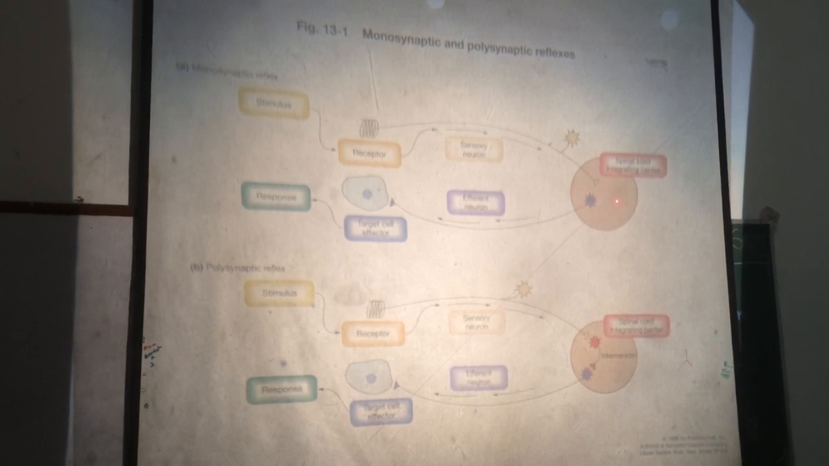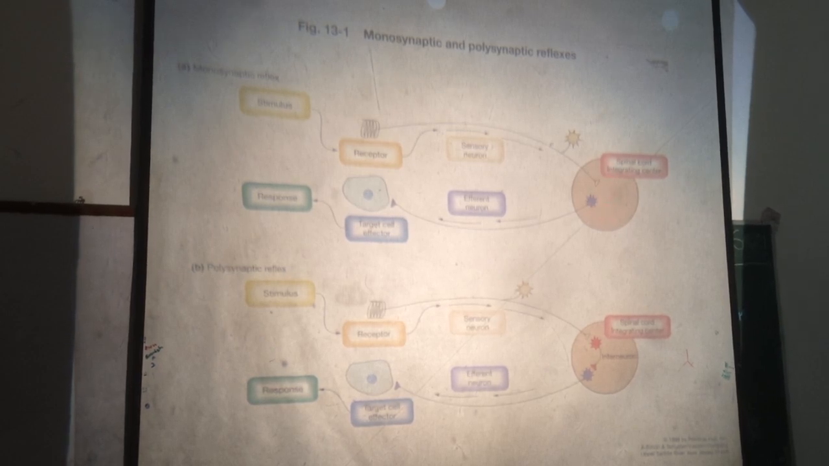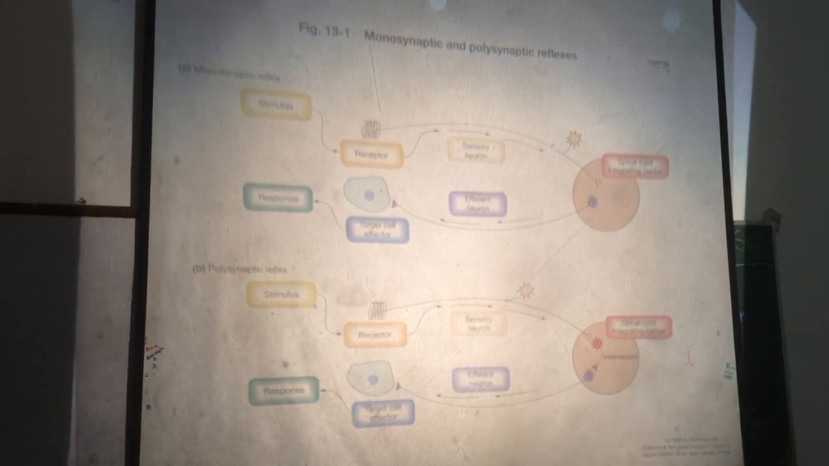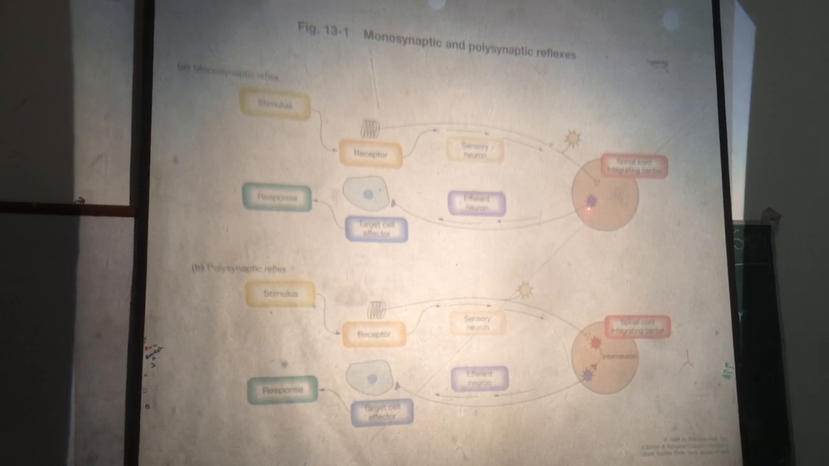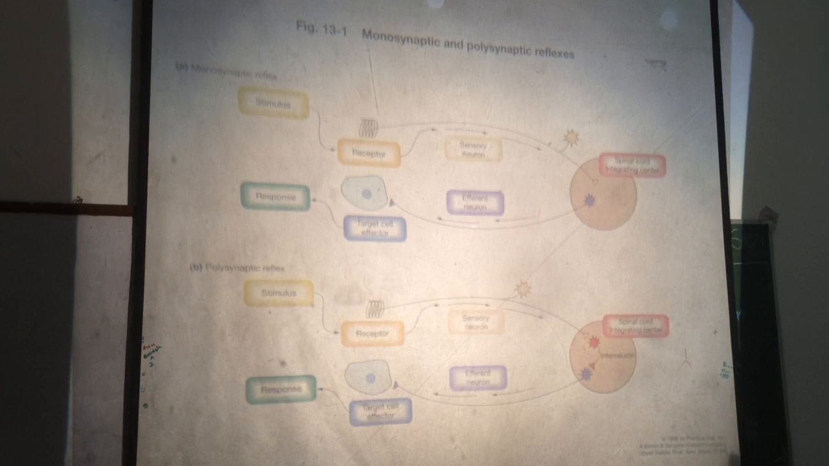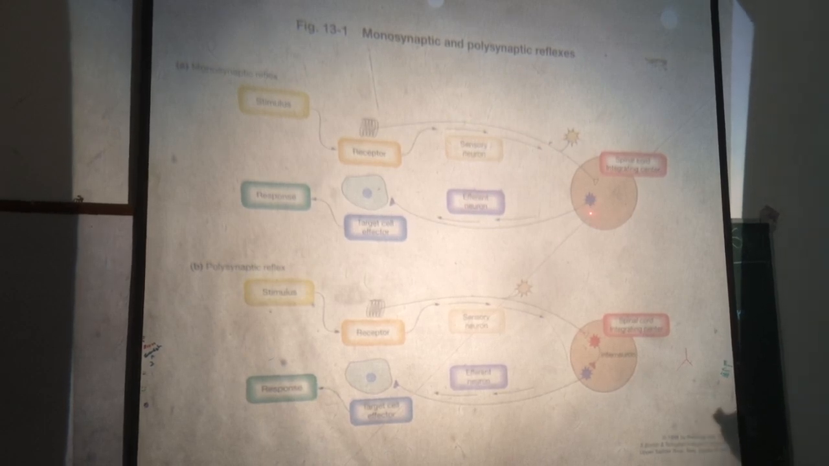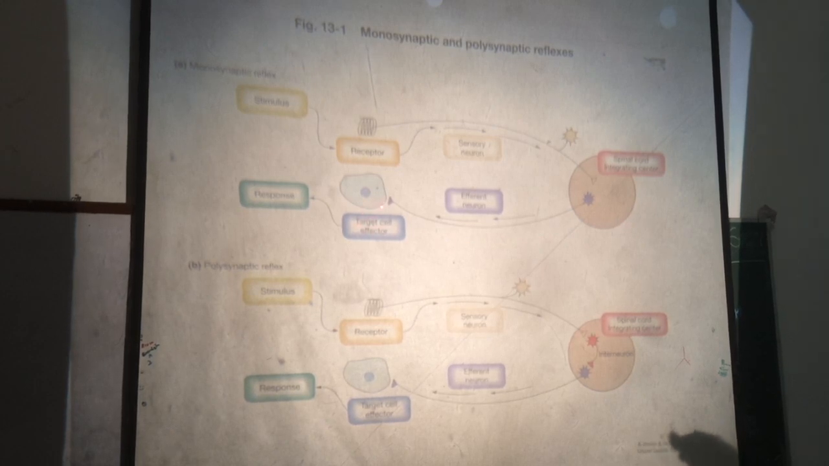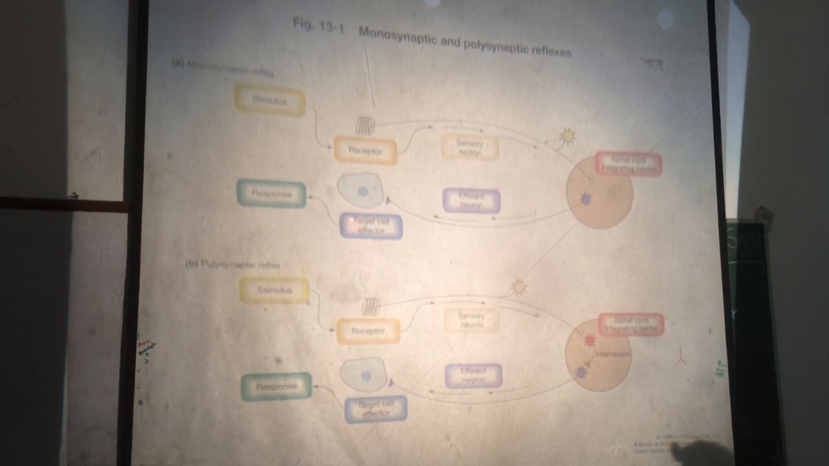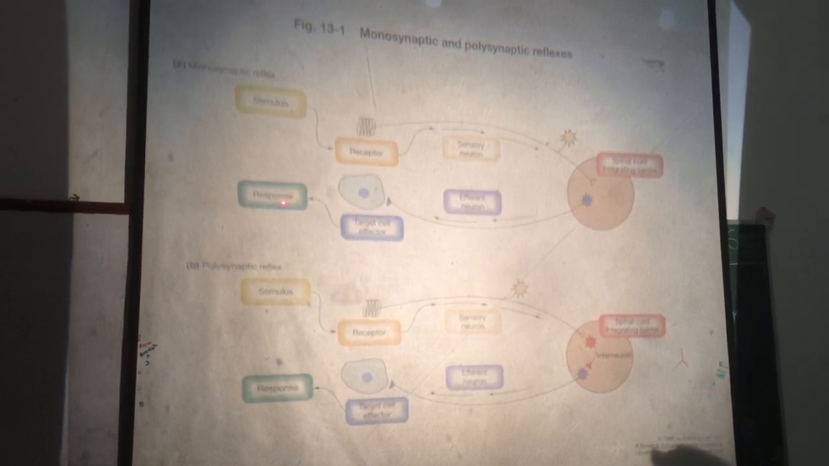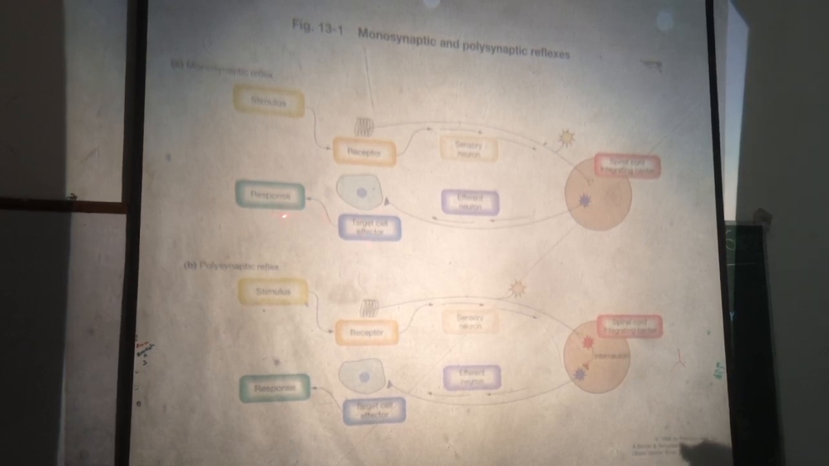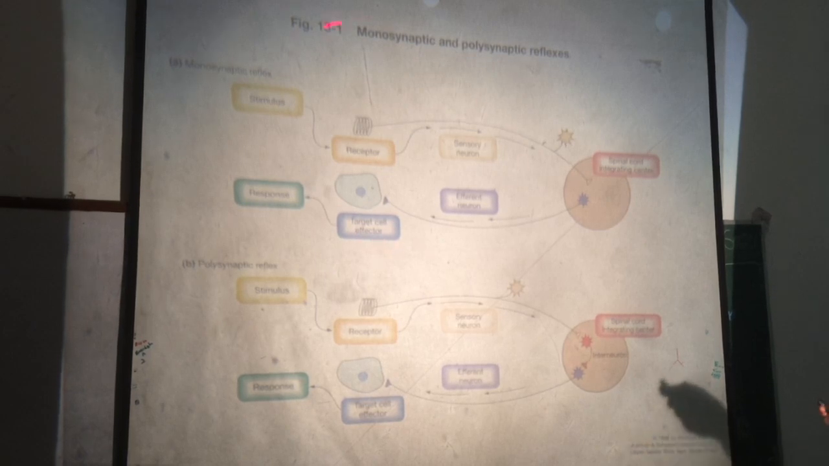The center is an integrating center, which is always in the central nervous system, the spinal cord or the brain. The next component of the reflex arc is the efferent neuron, the motor neuron, which carries impulses from the center to the effector or the target cell. The effector responds, and the response occurs. So these are the 5 components of the